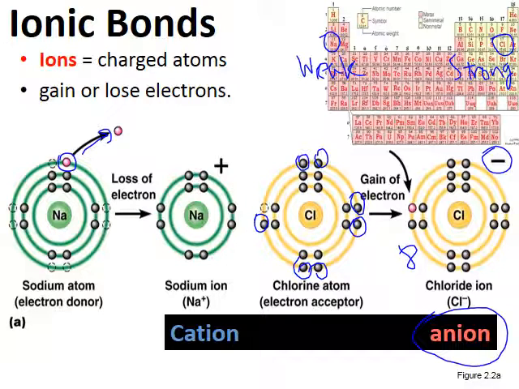The sodium had 3 energy levels, but it gave up that last electron in the outermost energy level. So it lost that outermost energy level, and if you look at it, its outermost energy level now is full. It has 8 valence electrons, but now it has 1 more proton than electrons. So that's why it's positively charged, and that's a cation. So the chlorine atom stole away an electron from the sodium, picked up that extra electron, and became negatively charged because now it has more electrons than protons, becoming an anion.